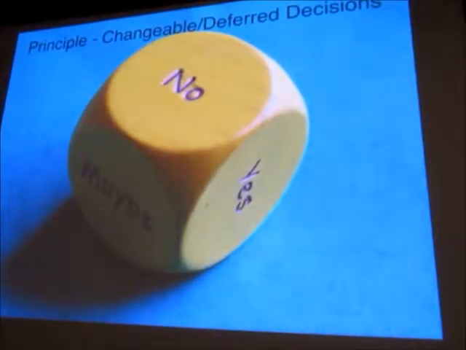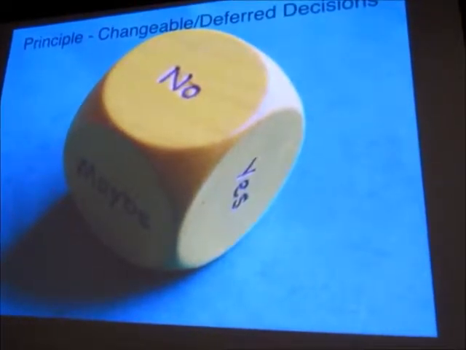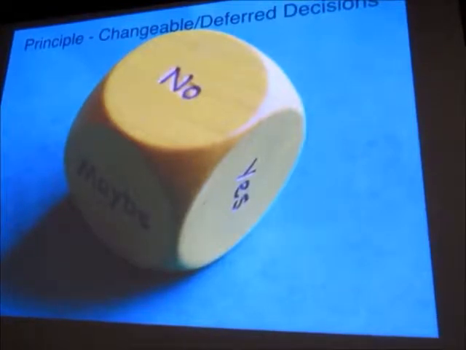Next principle, sort of related, is changeable, deferred decisions. And this is where a startup might potentially get hung up, because as soon as you decide we're going to build it in JavaScript, that's an important decision that you're making, and that might be an expensive one to change down the road. It might not be, but be aware that when you're making decisions, you can try to design it so that you can defer that decision. Like maybe security isn't important now. Let's not architect our security. Let's just have a simple username and password, and defer how we're going to do single sign-on until that becomes a priority.